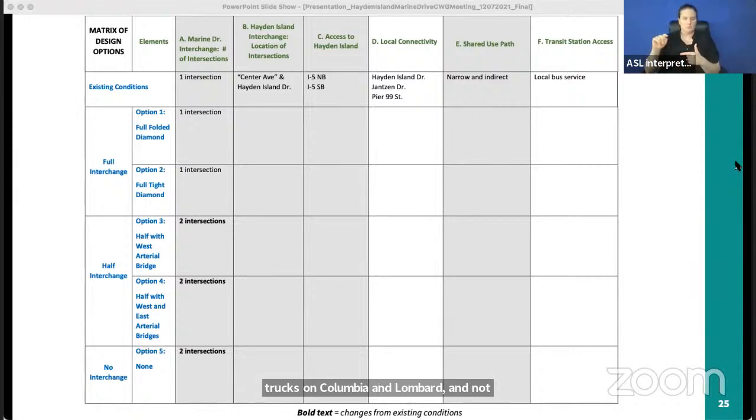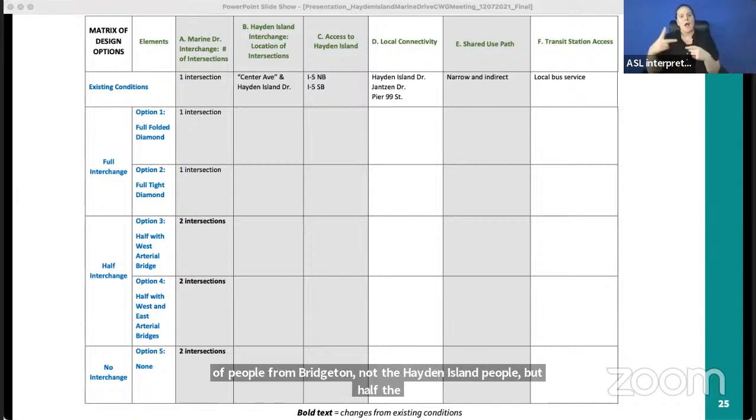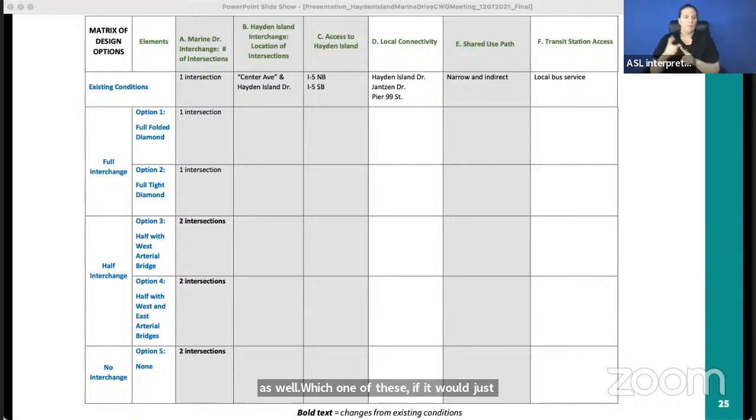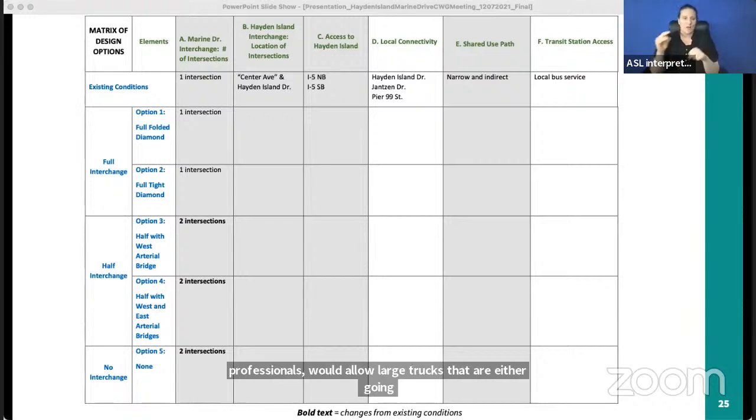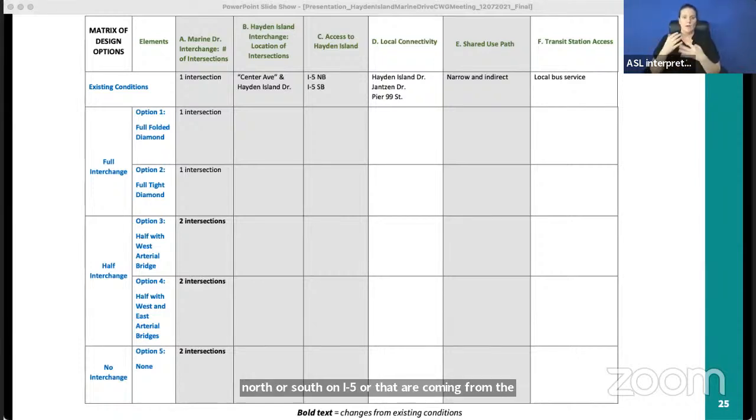And I'm just wondering, as A, B, C, D, E, F, if we could add, and I think that a lot of people from Bridgeton, not the Hayden Island people, but sort of half the people in this conversation are sort of interested in that fact as well. Which one of these, if it would just be a quick, off the cuff from your professionals, would allow large trucks that are either going north or south on I-5 or that are coming from the port to have an option to get to